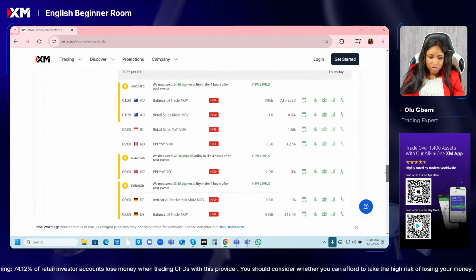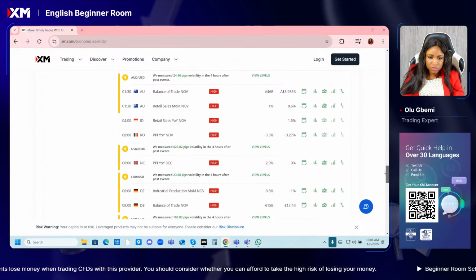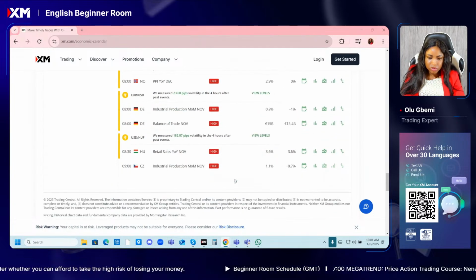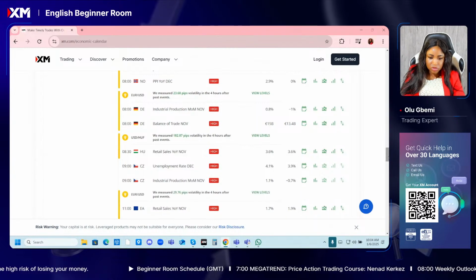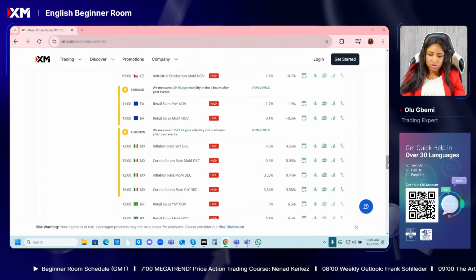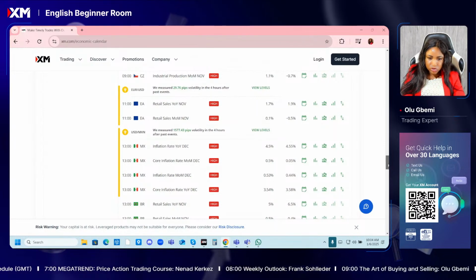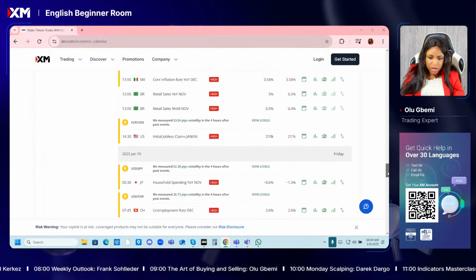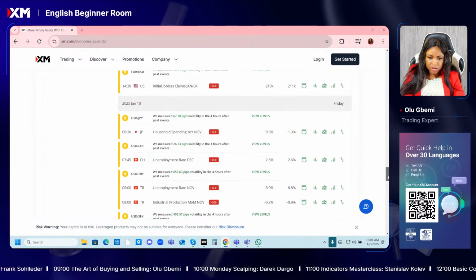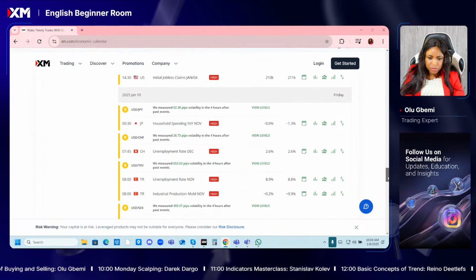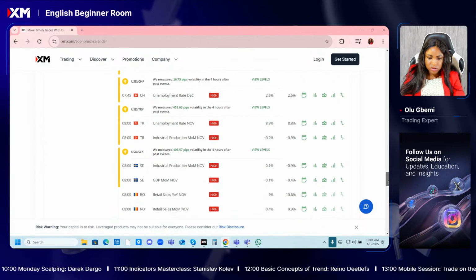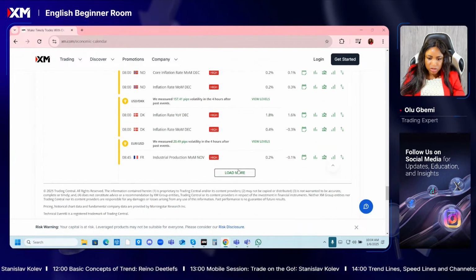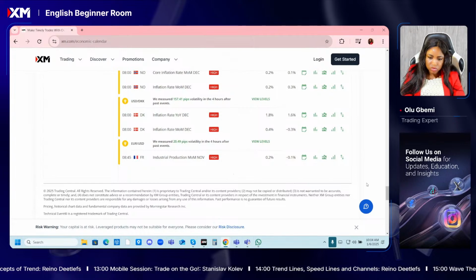We have Australia, balance of trade and retail sales on Thursday. Yes, there are so many other ones too that you can look at depending on what you trade, but I'm focusing on just most of the major currencies that I like to trade. Retail sales year over year and month over month was fine. Initial jobless claims for the US for Thursday as well. Unemployment rate for Switzerland. I think those are just the major ones that we're expecting and that we want to pay attention to within the area.